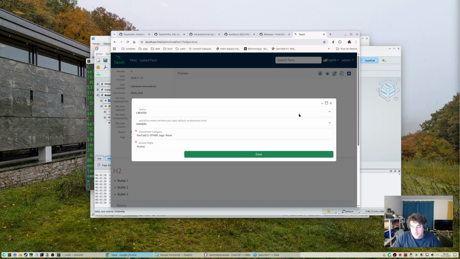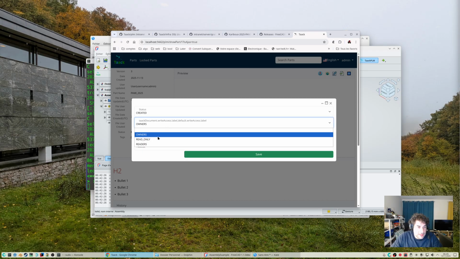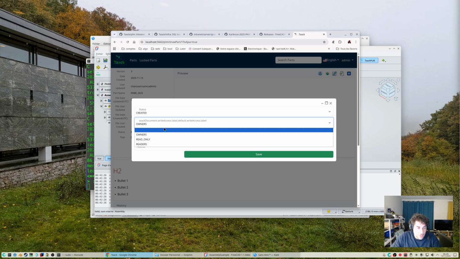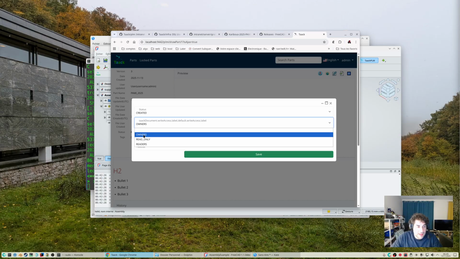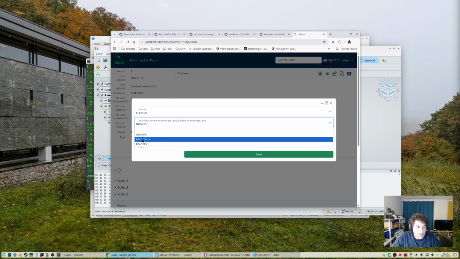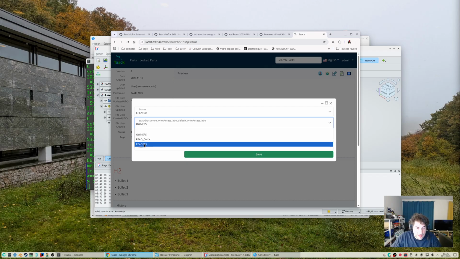You have to configure the intranet according to your company. And another important field is this one. It tells you who is able to change the file. And here it's the owner of the file, but it can also be read-only, so nobody will be able to update the file, or readers. Readers means everybody that has access to the file.